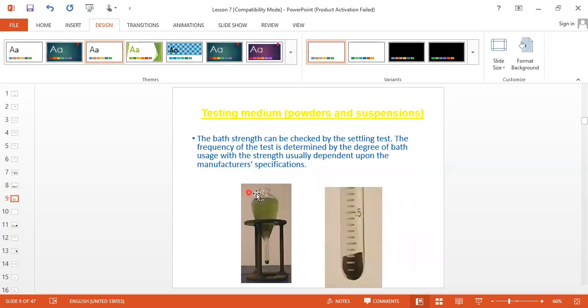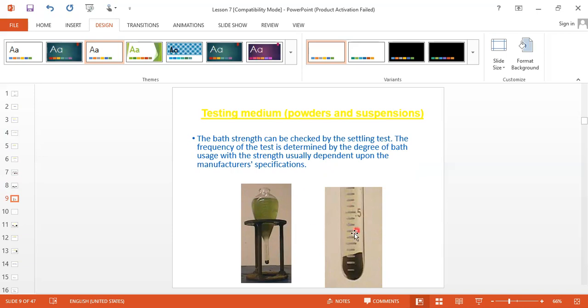Now see, this is the settling test. This test we use for the wet method when we are preparing a bath on our shop floor, and we are mixing the iron particles as per manufacturer recommendation, in grams per liter. After that, this is not sufficient. We take a 100 ml bath from our main bath and keep it on hold. We are waiting for 30 minutes.